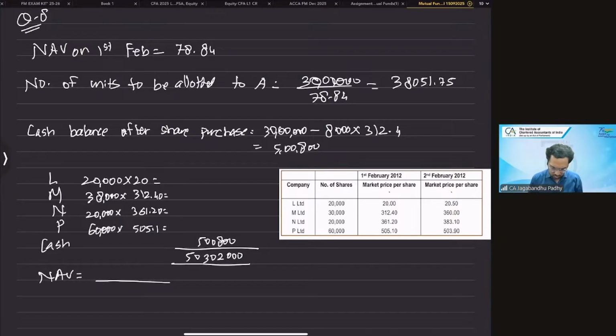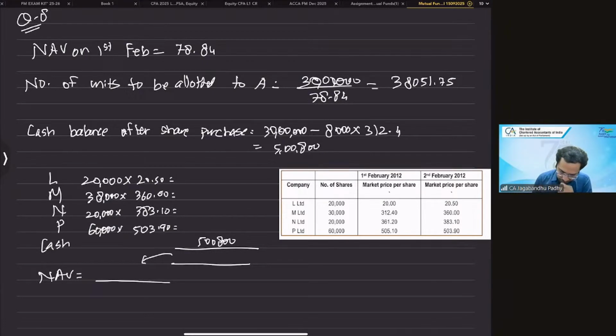Sir, I'm getting NAV 82.73. Oh, my bad. These numbers won't be there, guys, because these are 1st February prices. So I need to have the 2nd February price because we want NAV as on 2nd February. So this is 20.5, 360, 383.1, and 503.9. Take the total now. This will obviously be the numerator. Denominator is going to be